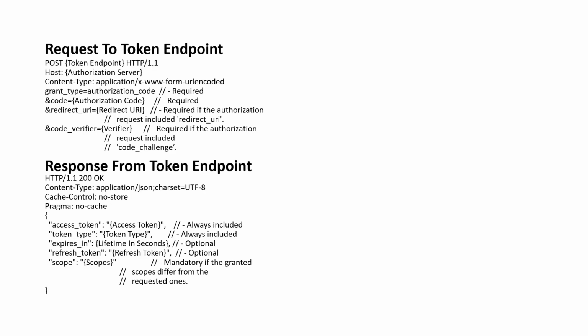Okay, next what we do, request to the token endpoint. So now you are going to pass the authorization code which you got, redirect URL, and then you are going to pass that to your authorization server, and it will return you the access token, token type, and then expiry time and refresh token, which will be used when your token is going to expire. So that time you will use this refresh token. Okay, so this is how you are going to get the token, and then you use that token and perform all the requests. So what are those steps?